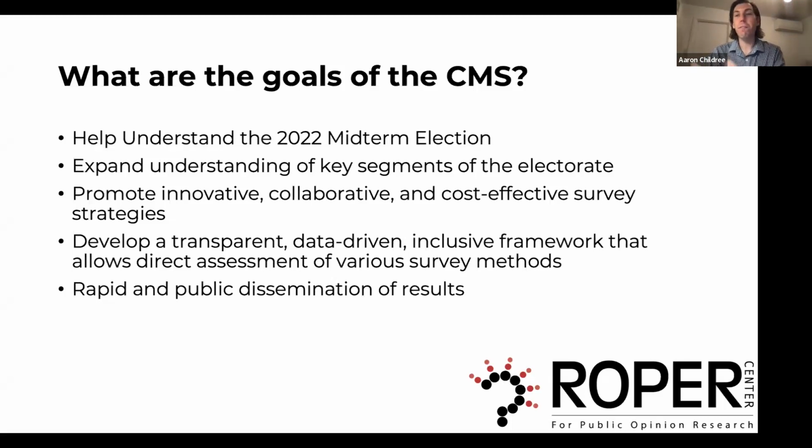And then the 5th goal, rapid and public dissemination of the results. This data is available to anyone who wants to use it right now, and it has been since,